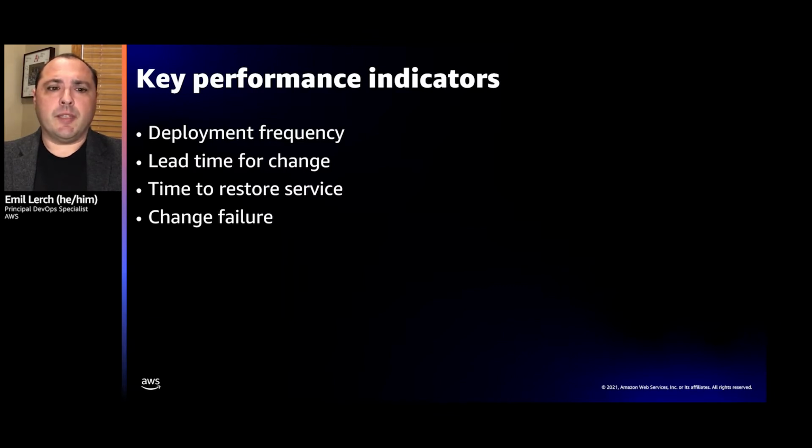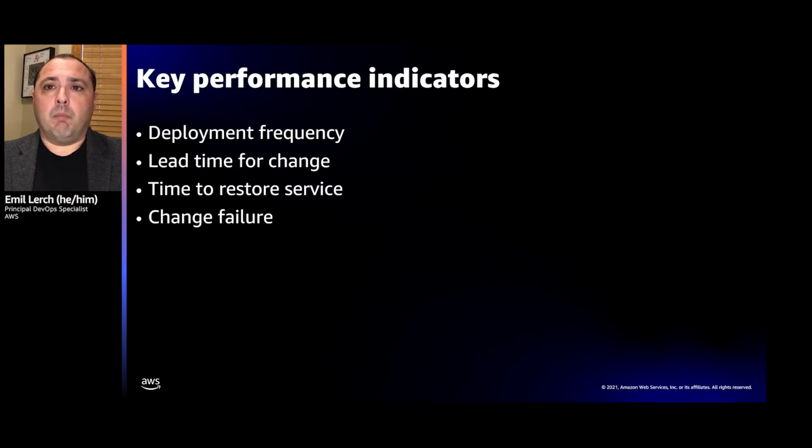Time to restore service. So in the event that Kate or another member of her team might write code that has a bug in it and might take the service down, we want to be able to restore that service quickly. Or maybe there's an attack happening from the outside. A hacker has found a vulnerability that they can exploit. We want to be able to restore that service as quickly as possible. That's going to be mission critical for Kate's business, and so we want to measure that and keep a really good eye on that particular metric.